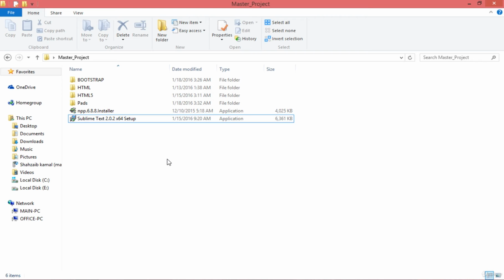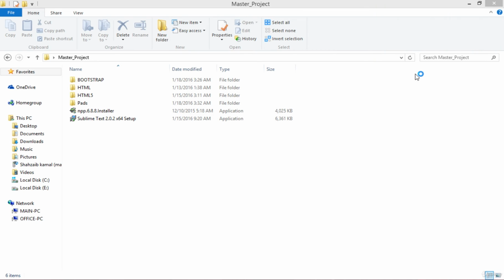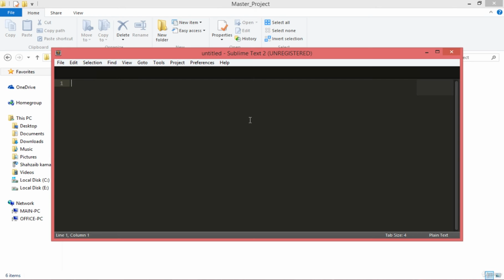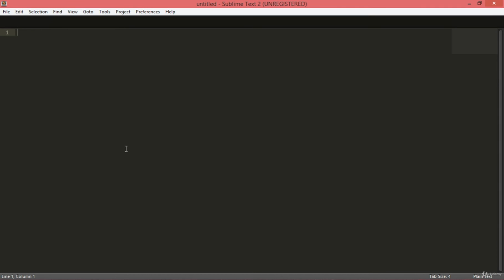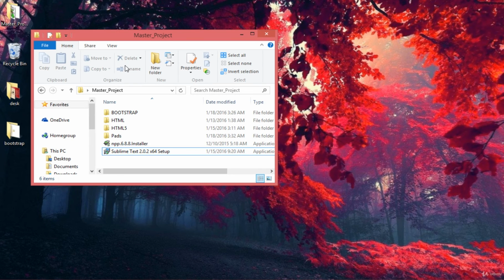No, sorry, it's not opening automatically, so I just have to go there and type Sublime Text 2. Let's click on Sublime, and it's about to come. Ta-da! Looking awesome. Now you can type anything here in black mode. Yeah, exactly, this is looking fine too. In fact, this is looking cool.